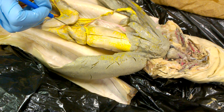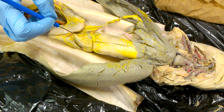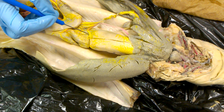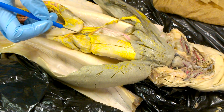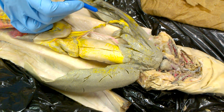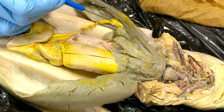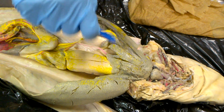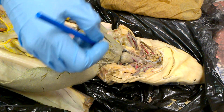What was the artery called that brought blood to the stomach? Gastric. The gastric artery, that's right. So this is the gastric vein. Brilliant. So the gastric vein is going to come up and over and empties into the hepatic portal vein. Perfect. Then the blood will go in through the liver, and then it comes out the top